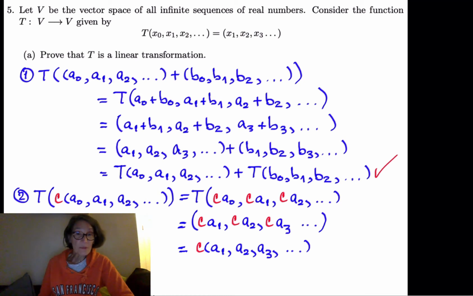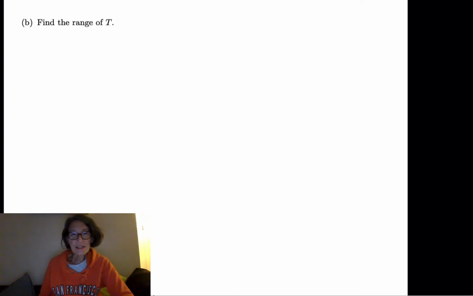So we just dropped the initial term. So we can call that c times T of A0, A1, A2, etc. All right, so we've just shown that T preserves scalar multiplication as well. So now that's the proof that T is a linear transformation. Part B of this example says find the range